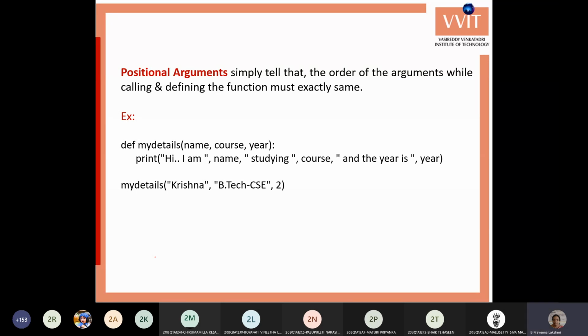The order of values while calling the function must be the same as in the function.